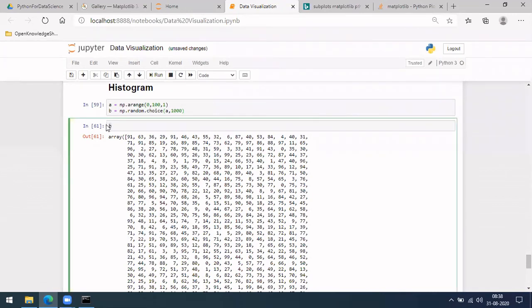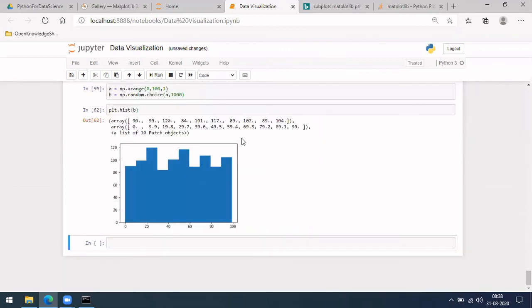Now you want to know how this b has been taken. So you can do this histogram plot. Let me do plt.hist(b). Let me run it. This is a histogram plot where your values are in the range 0 to 100.